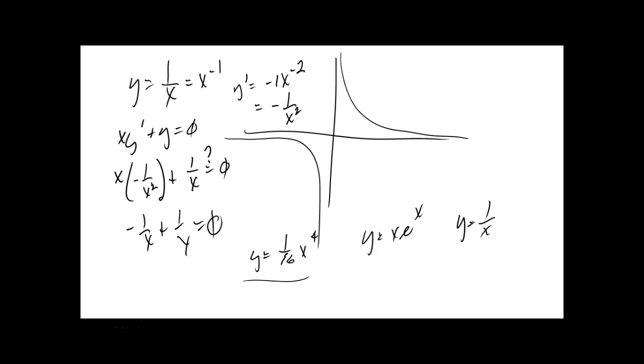Often we'll have to be content with the relation or expression g of x, y is equal to 0. In other words, your solution might also have a y. It has x's, but it could also have y's that you can't separate. Now that's